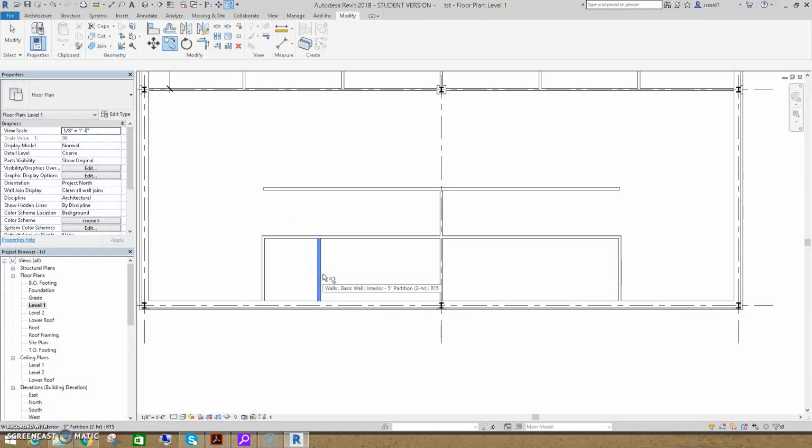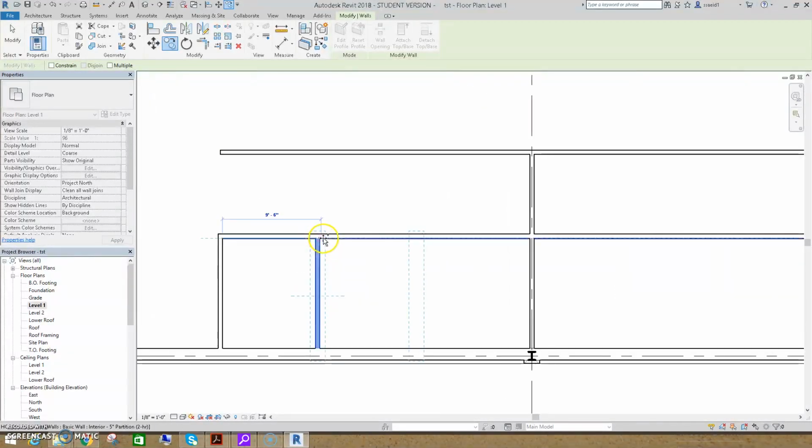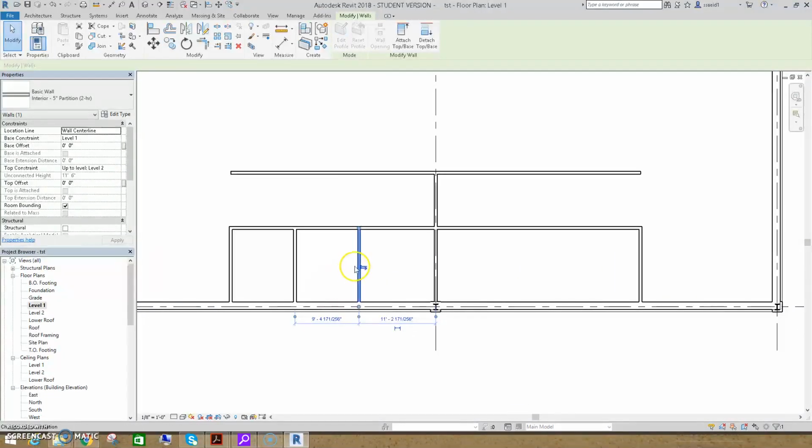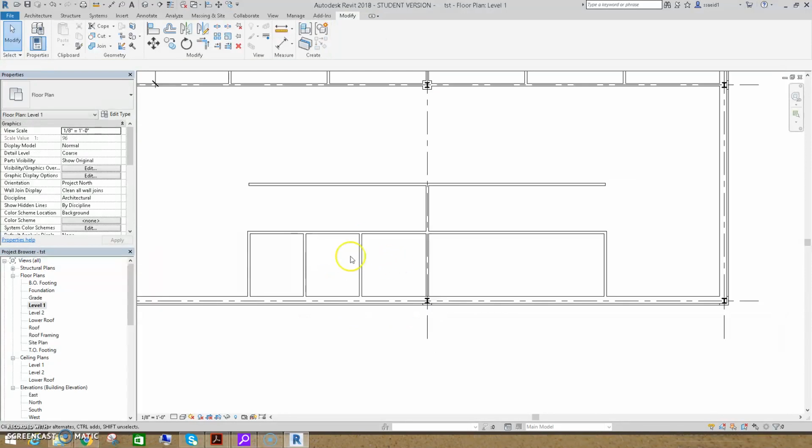I will pick this and I'll hit enter, and I'm gonna pick this point again, picking it on the same point, and that should be our 3 restrooms over here. But maybe I should have started from here. Anyways, if I get them,